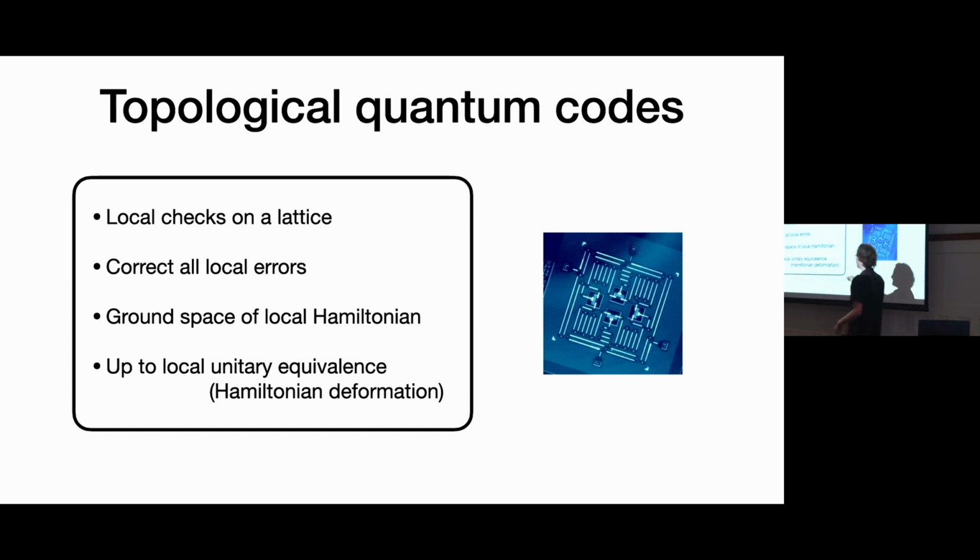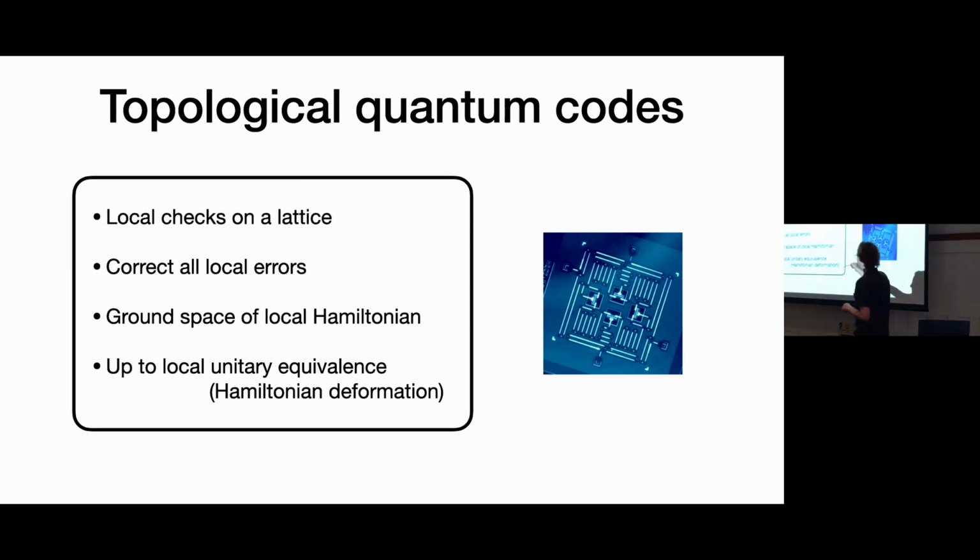And this brings in a natural notion of equivalence. So these codes are not really rigid things. They have some deformability. And the idea is if you deform things a bit, all of the universal properties, like the fact they can correct against local errors, should be robust. And this idea is important for this project because it underlies why we should use these states rather than this other class of states to play these games.